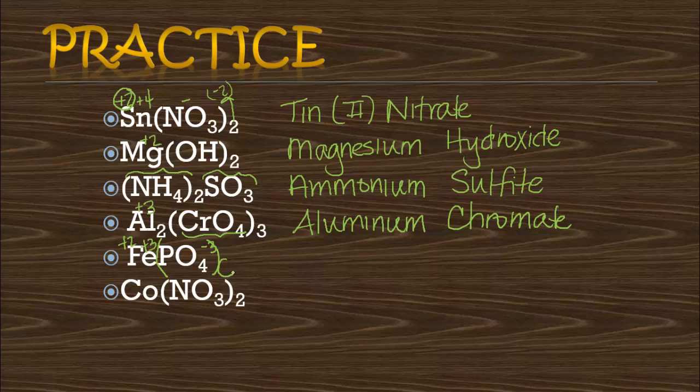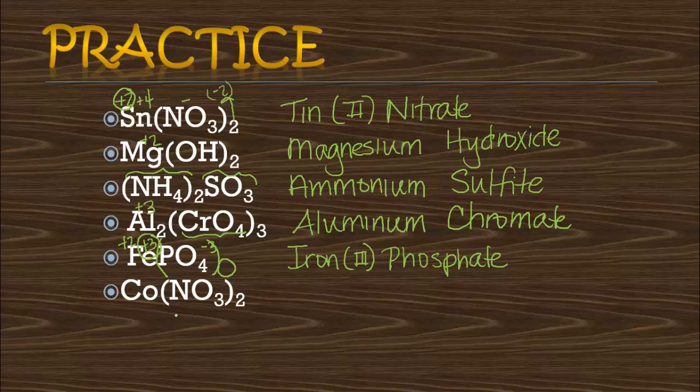And since I don't have anything out here, it's assumed I have only one of them. Because remember, that 4 is part of the whole ion. So I have a negative 3 charge, so that means to keep it neutral, I had to use the positive 3 iron ion. So this is going to be iron(III)